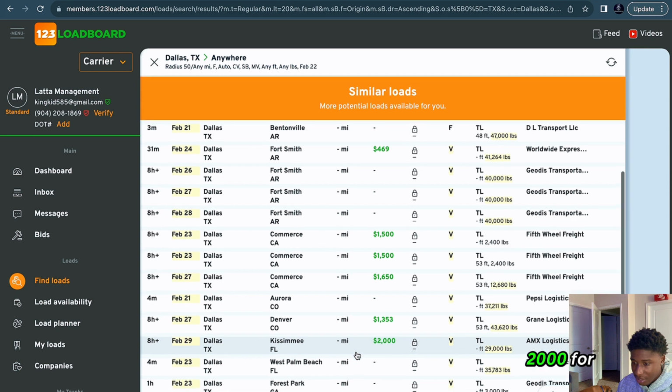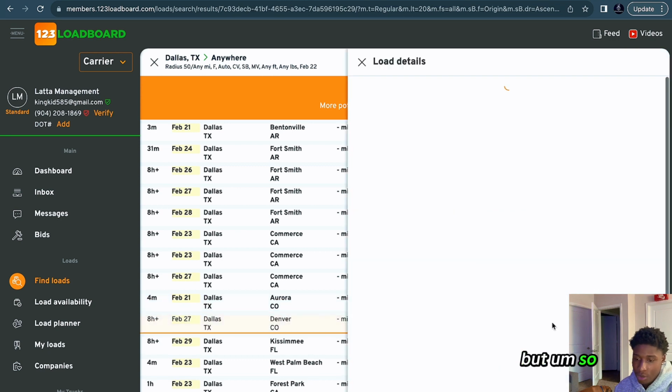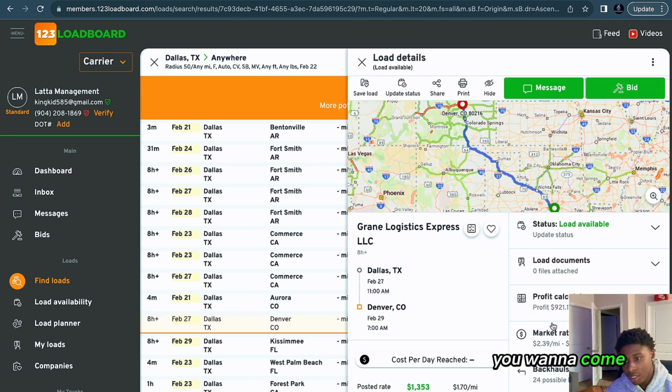Then we have 2,000 for Dallas to Kissimmee, Florida. Now, one thing about Florida, guys, is that it's going to be good money going into Florida, but bad money coming out of Florida. So you're gonna have a problem getting your driver out of Florida, and that's for my carriers out there as well. But the way you want to book these loads, guys, is you want to come to the information